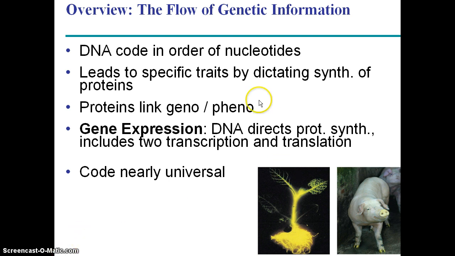Now, the basic idea of this chapter is using the information in DNA to make proteins. Proteins do influence the production of our traits. We are protein-based organisms. Much of our cellular structure is due to proteins, and enzymes run many of the chemical reactions of our body. So proteins are certainly primary in influencing our phenotypes.